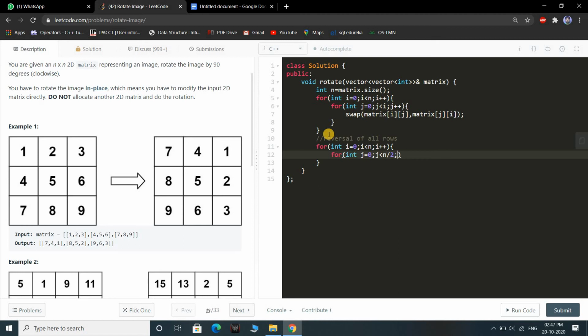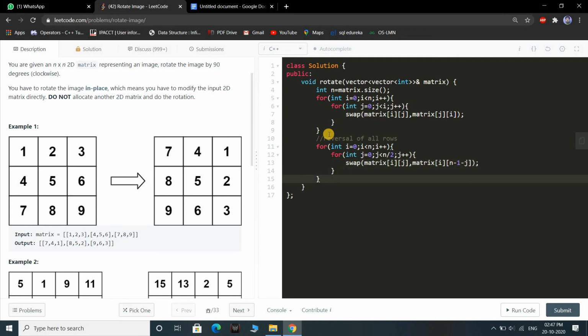It is a simple procedure for reversing a particular row. Now we will swap matrix i j with matrix i, n minus 1 minus j.